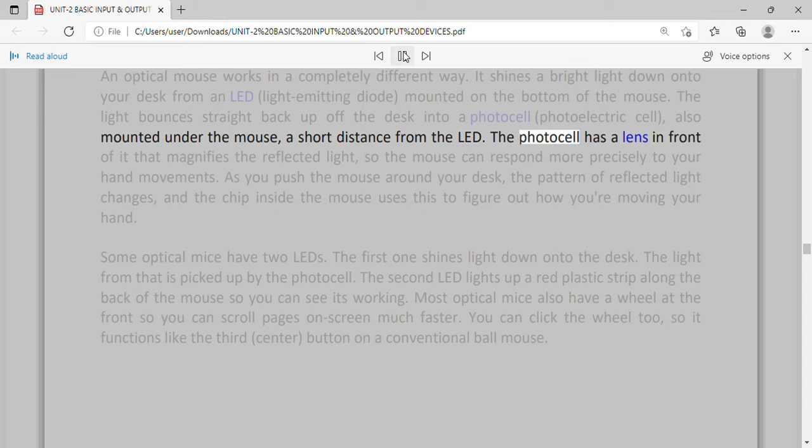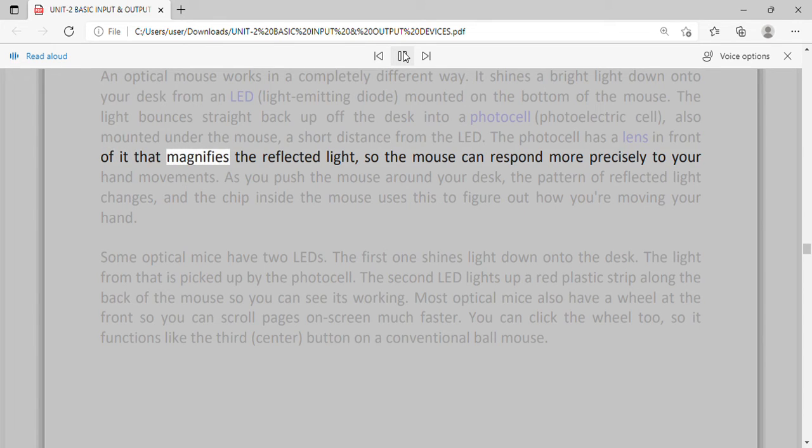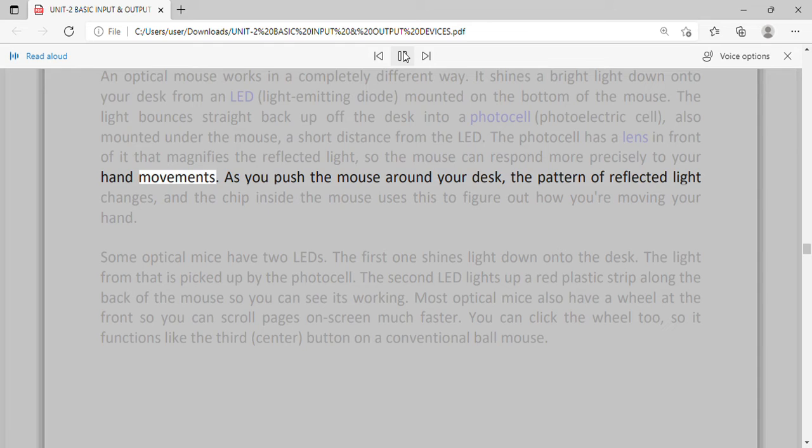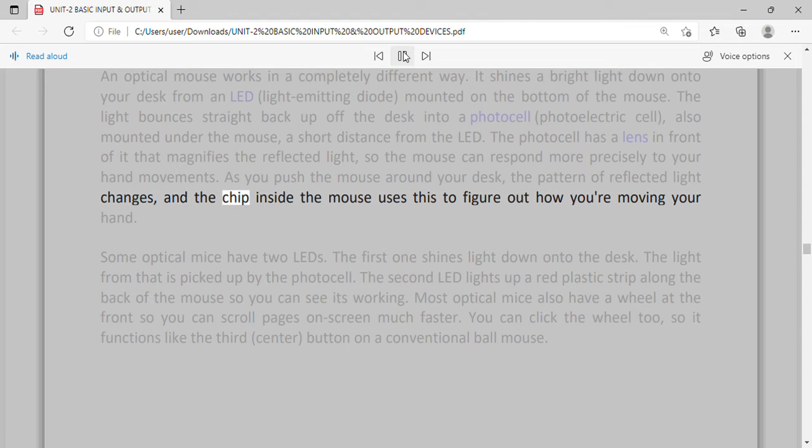The photocell has a lens in front of it that magnifies the reflected light, so the mouse can respond more precisely to your hand movements. As you push the mouse around your desk, the pattern of reflected light changes, and the chip inside the mouse uses this to figure out how you're moving your hand.